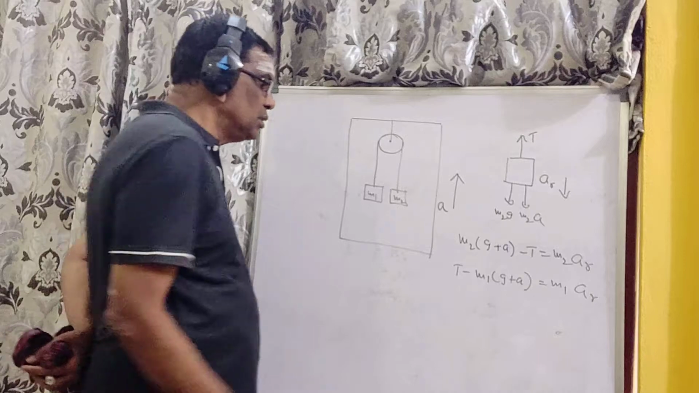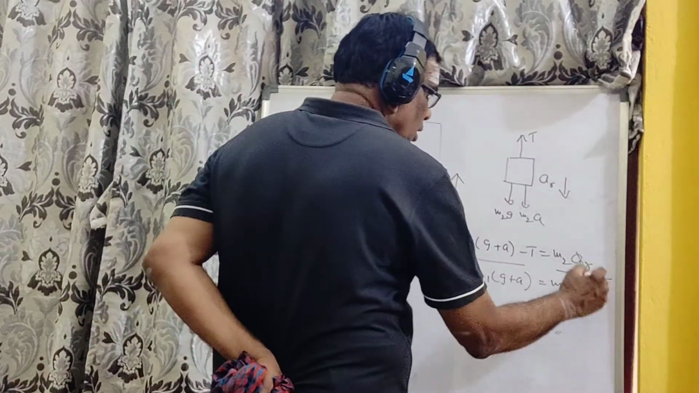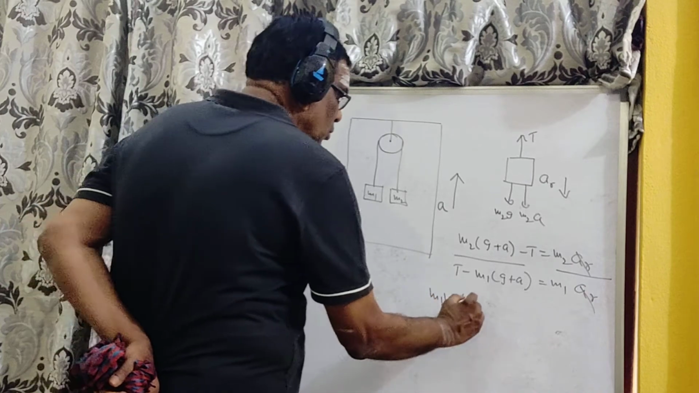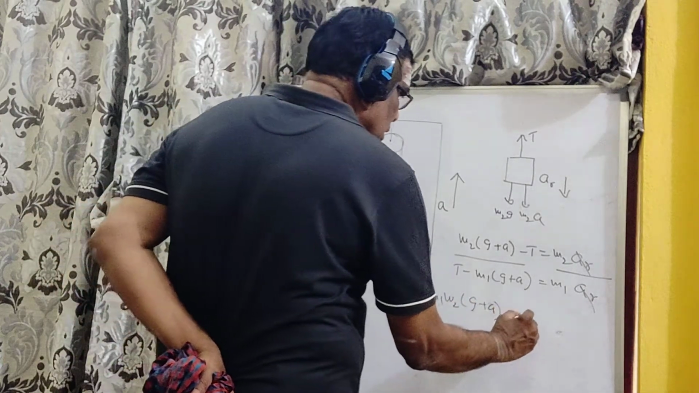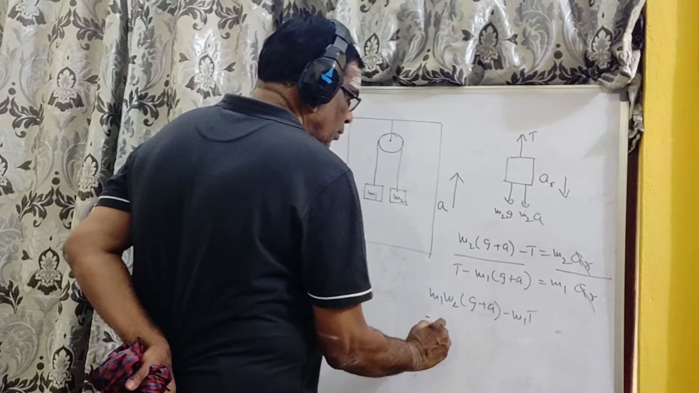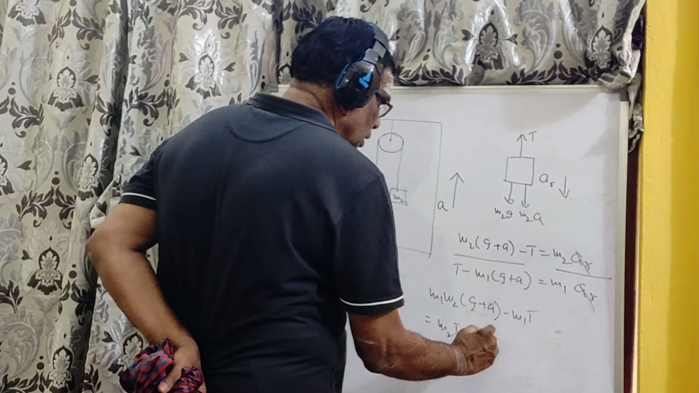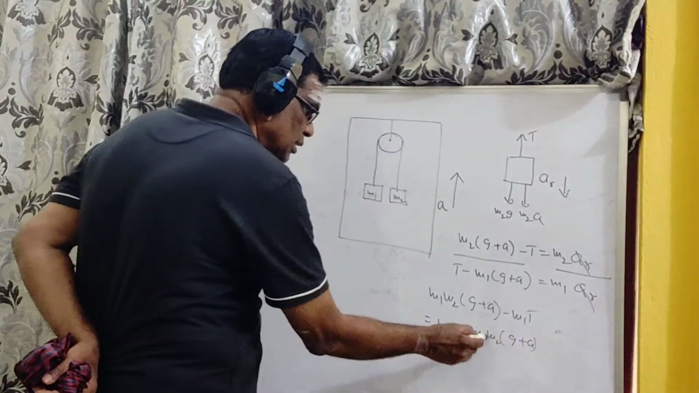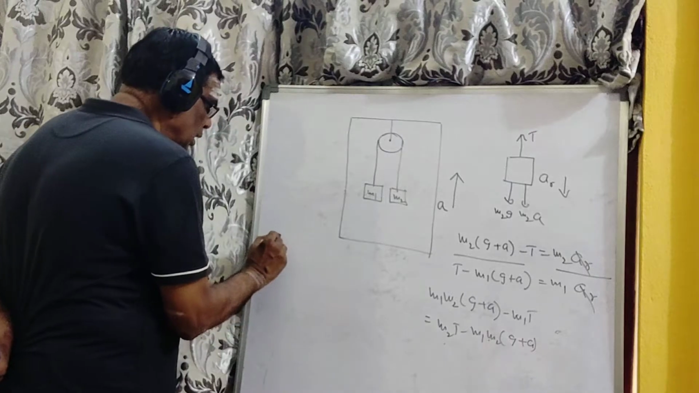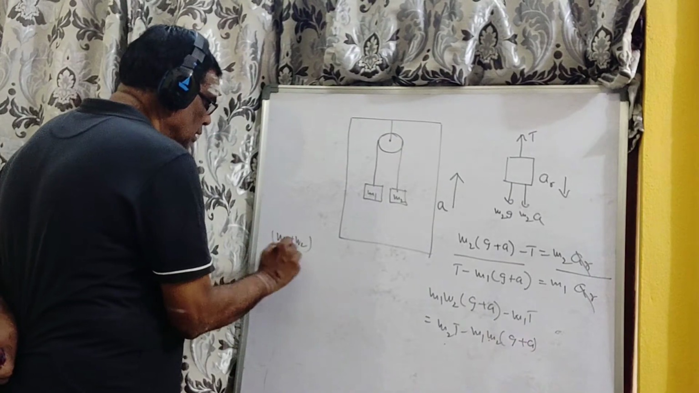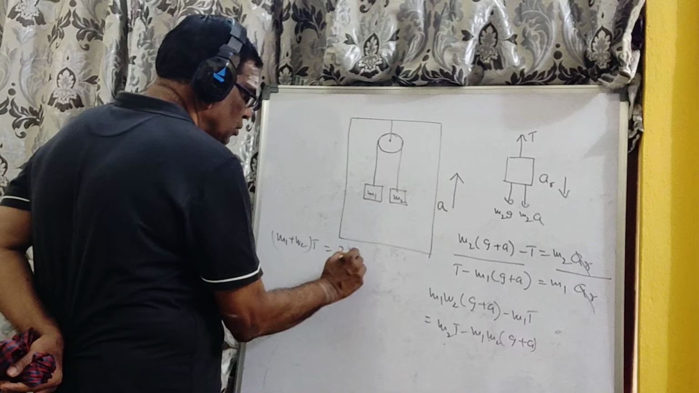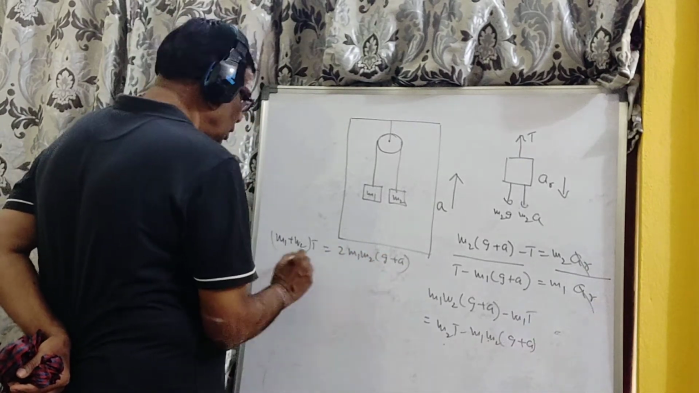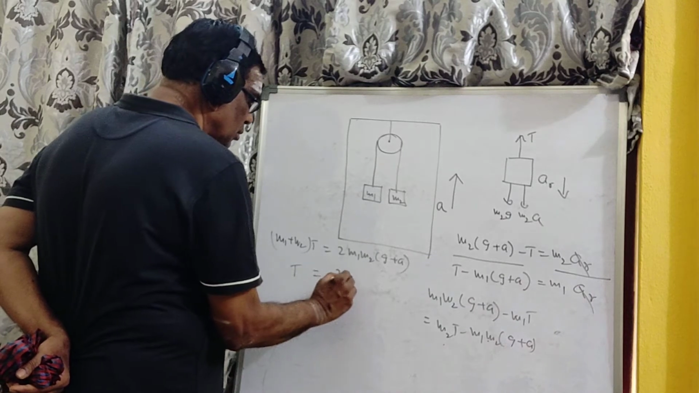That's it. So, if I want to eliminate, multiply, this is m1 m2 into g plus a minus m1 T is equal to m2 T minus m1 m2 into g plus a. You bring this onto this side, this onto this side. So you get m1 plus m2 into T is equal to, okay, or T is equal to